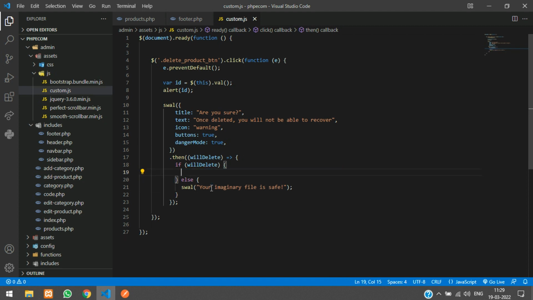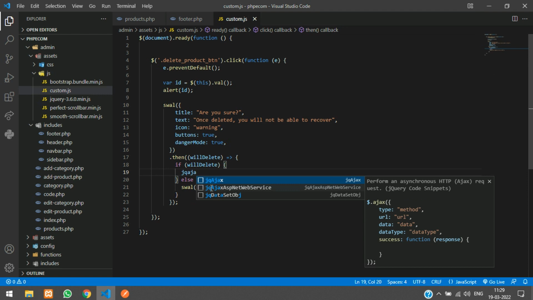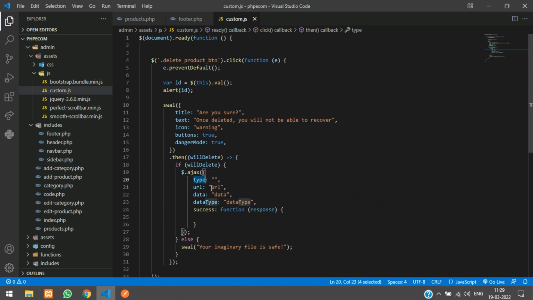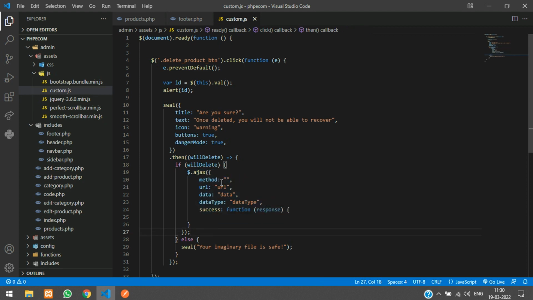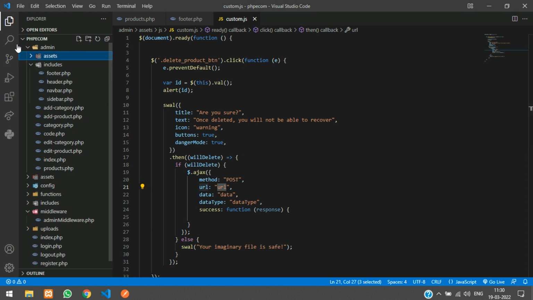So you can just remove this over here and say jq AJAX, and you can say the method is going to be post, and the URL we are going to send it to the code.php. So this custom.js will be included in our products.php, right? So from this directory you have to check it is still in the same directory. So you can directly give code.php,